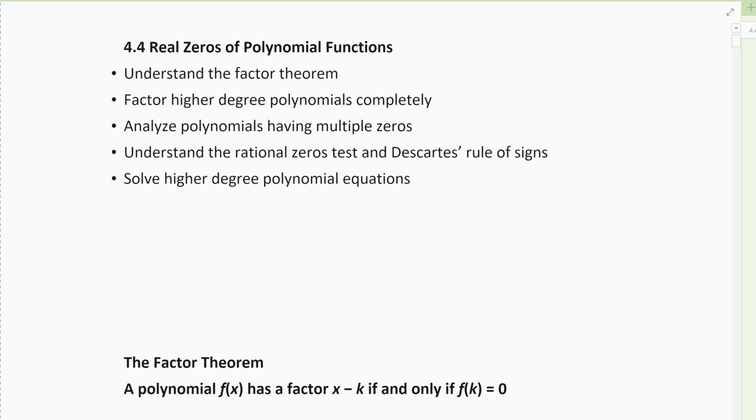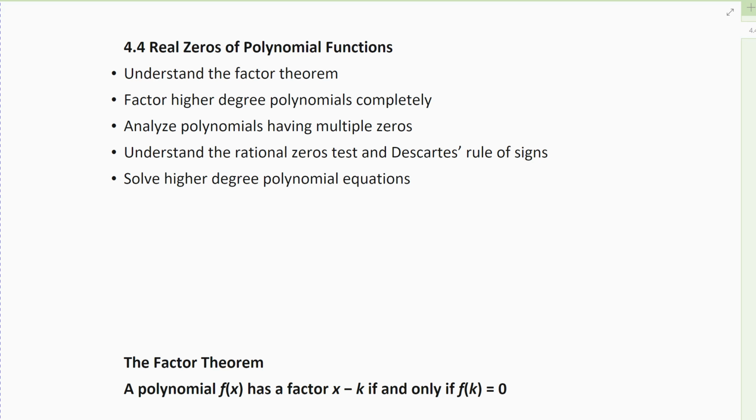Section 4 is a big section; there's a lot in it. What we're going to do in 4 is look at the factor theorem and find the real zeros of polynomials. So we're going to use the division algorithm. We're going to use synthetic division in order to factor our polynomials, because we want to use the factor